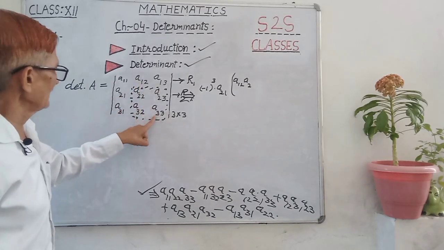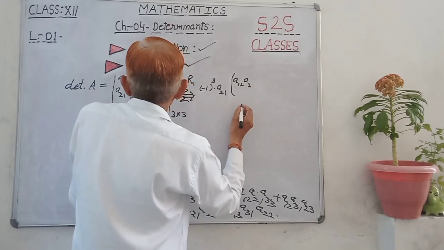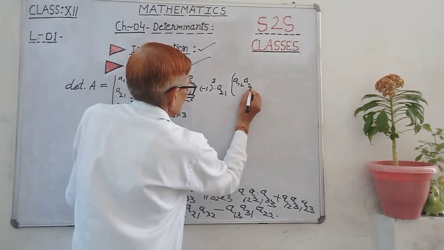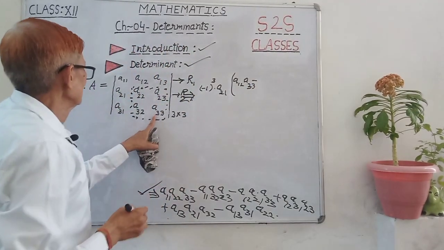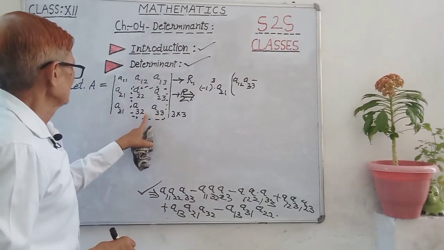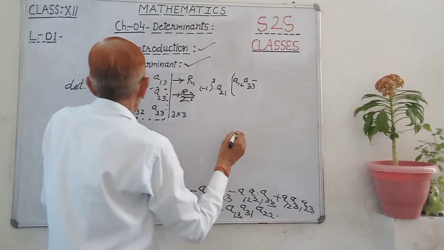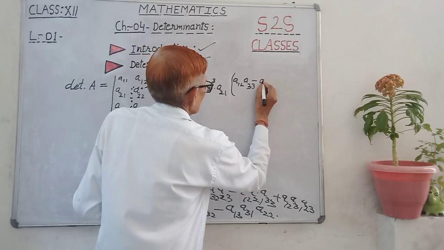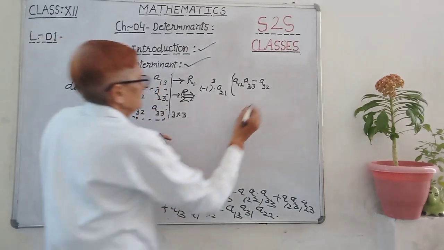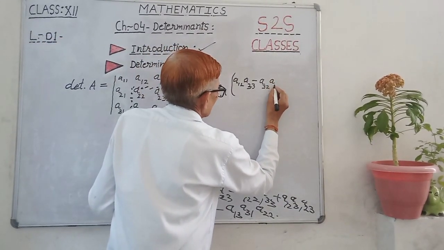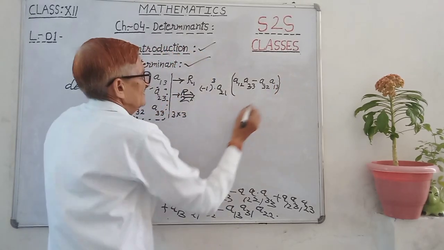So A12 A33, minus A32 into A13, A32 into A13, this, then plus